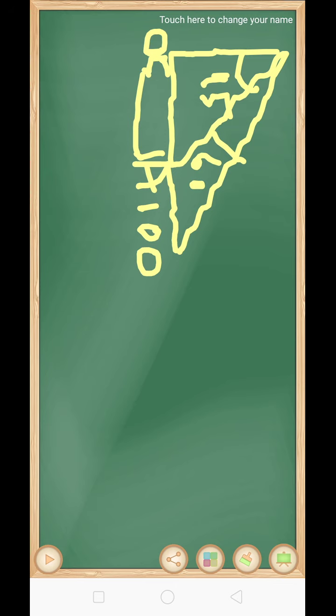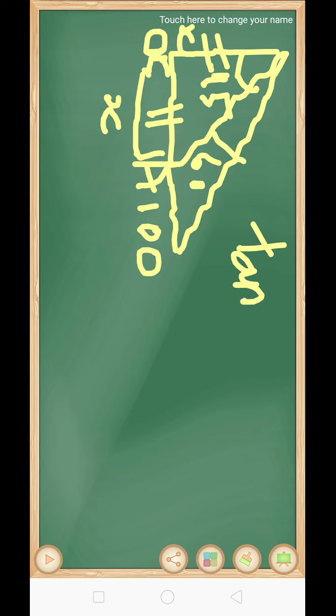Okay, so first we will calculate this distance. Since this is 45 degrees, and for 45 degrees both sides are equal, we will name it x only. I hope this makes it clear. We are doing a shortcut method because it saves your time. So now tan 60 is equal to root 3, that is p by b.